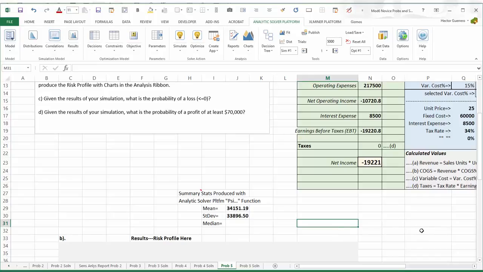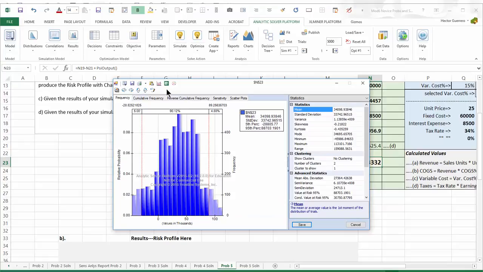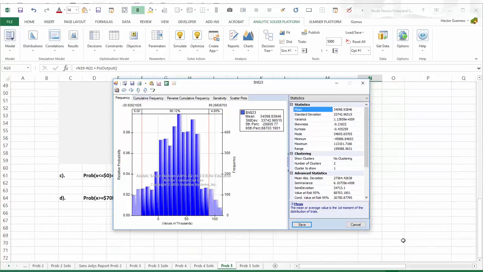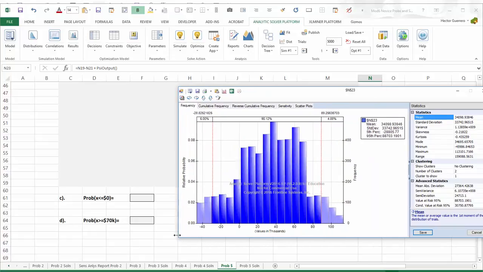So how do I get the risk profile? Well, we know how to get the risk profile. We double click that output function. And here is our risk profile. And I can copy that. I can put that onto a clipboard. Another thing we can do, and we will do, is we're going to ask some questions about what the probability of a particular output is, and we're going to ask the probability of this outcome being 0. In other words, what's the probability of losing money or not making money versus, and D, the probability of making more than $70,000. So the way we do that is, here's our distribution, our risk profile, and I simply click